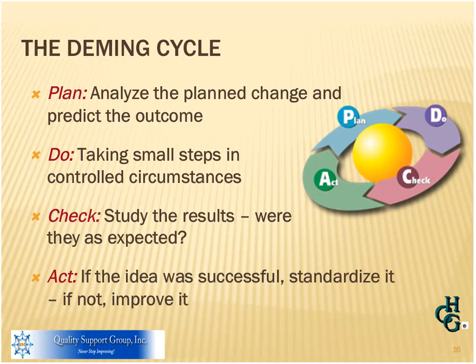This is the Deming cycle, where you repeatedly follow this pattern of planning, doing, checking, and acting. You plan something for change, you take small steps under controlled circumstances and measure to see how you're doing, to see if the results were what you wanted, act on it as if it was a successful idea to standardize it so that you can sustain that change. If it was not a good change, you want to improve it, of course, and then repeat the cycle again. So you can see it's not just one project, it's a continuous process, which is pictured here in that circular pattern.